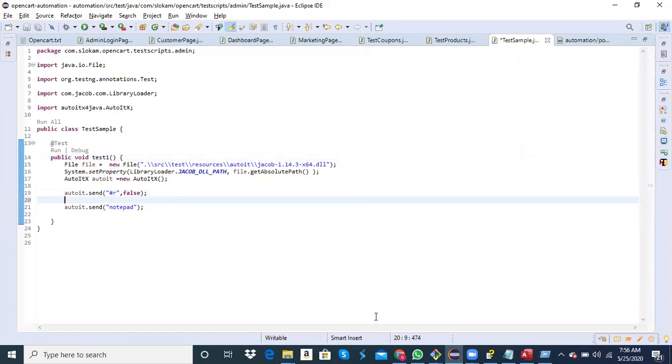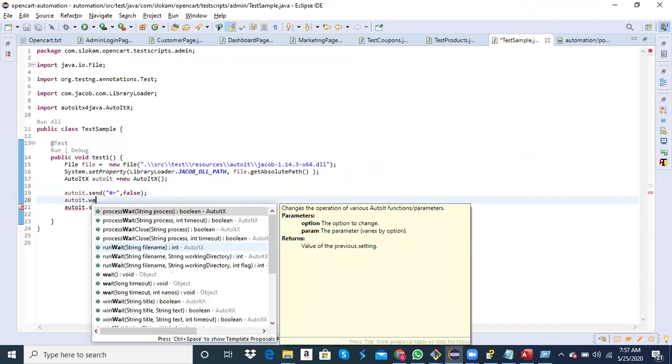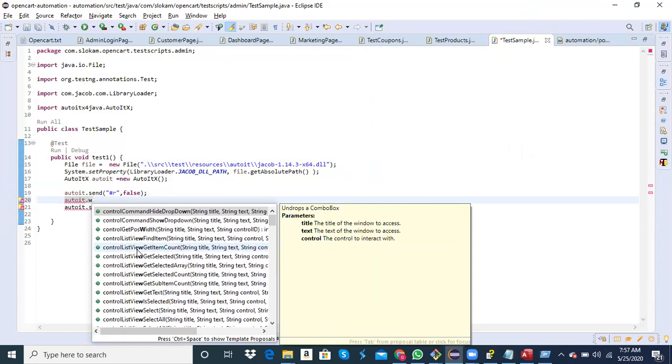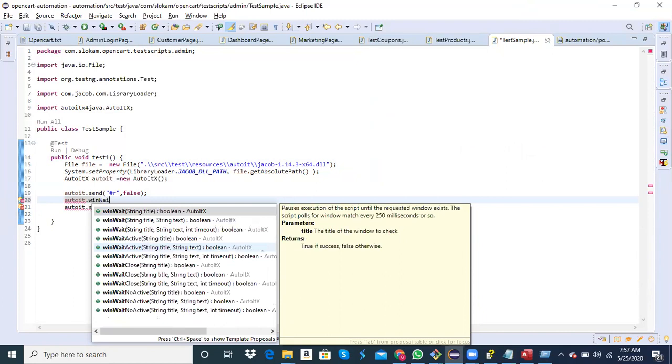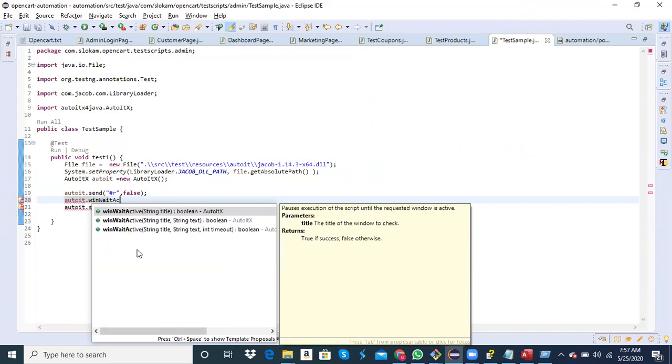Like what is AutoIt dot wait? There is this method called WinWaitActive, and if you provide the title of this window, it will wait execution of the script until the requested window is active.